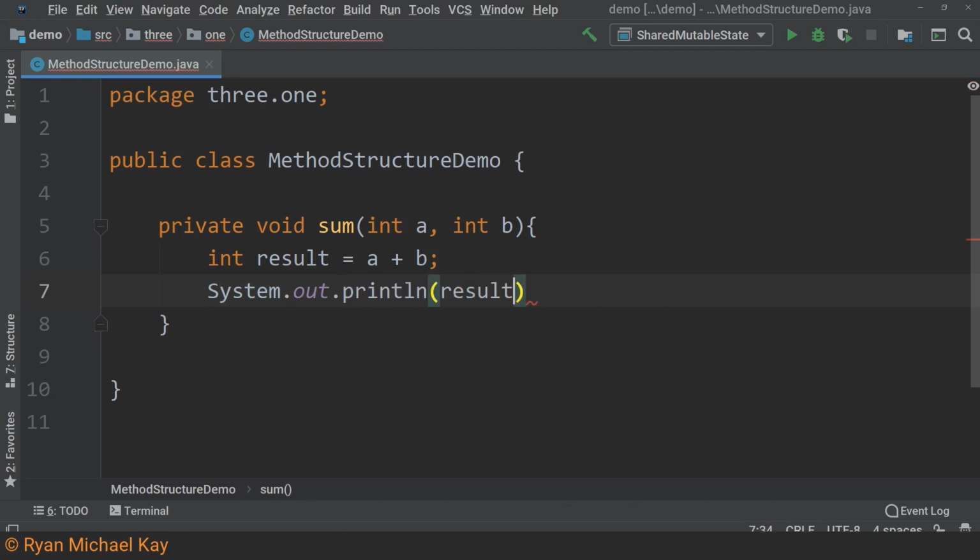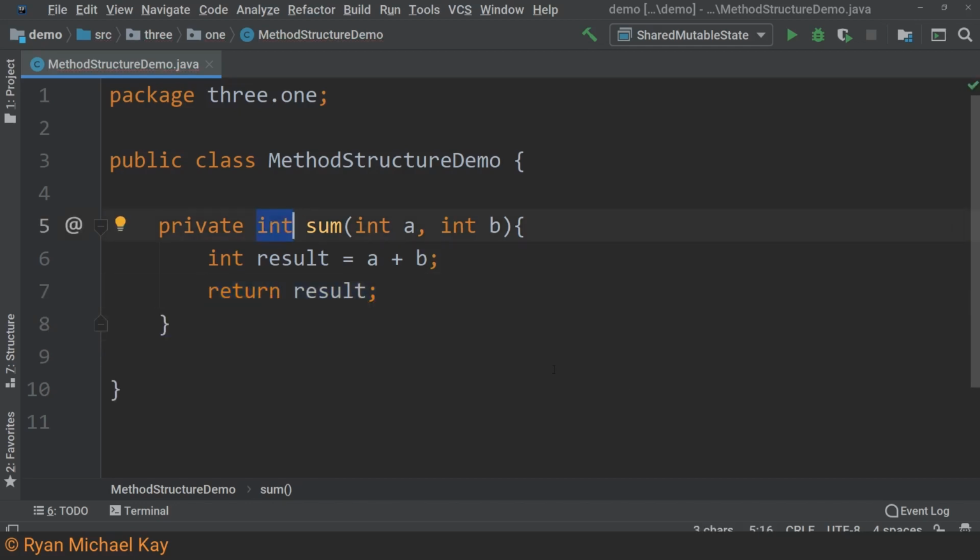The general rule here is that if the return type is void, we do not need to include a return statement. You can still use the return statement in this case, basically as a way of stopping the execution of the method. Most of the time, however, this is not necessary. Otherwise, our method must include a return statement, followed by a reference, or an expression, which has the same variable type as our return type. In our sum method, we do not actually need to create a variable here. We can just return the a plus b expression to save a bit of time and space.